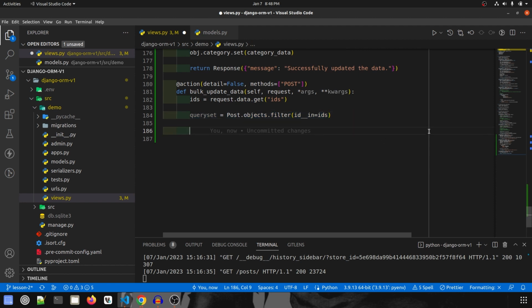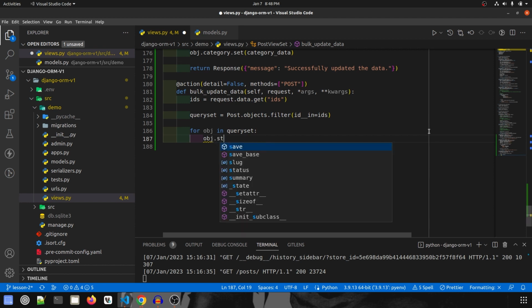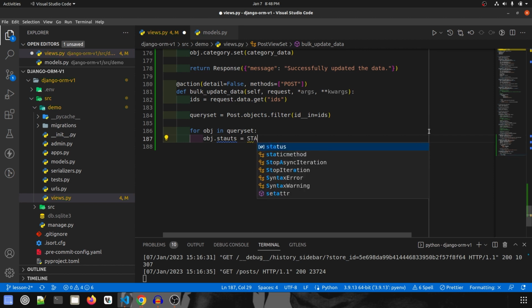Now I'm going to iterate over this query set and change the status of each and every object. So for object in query set, object.status, this is the field name, status, will be equal to Status.PUBLISH.value.